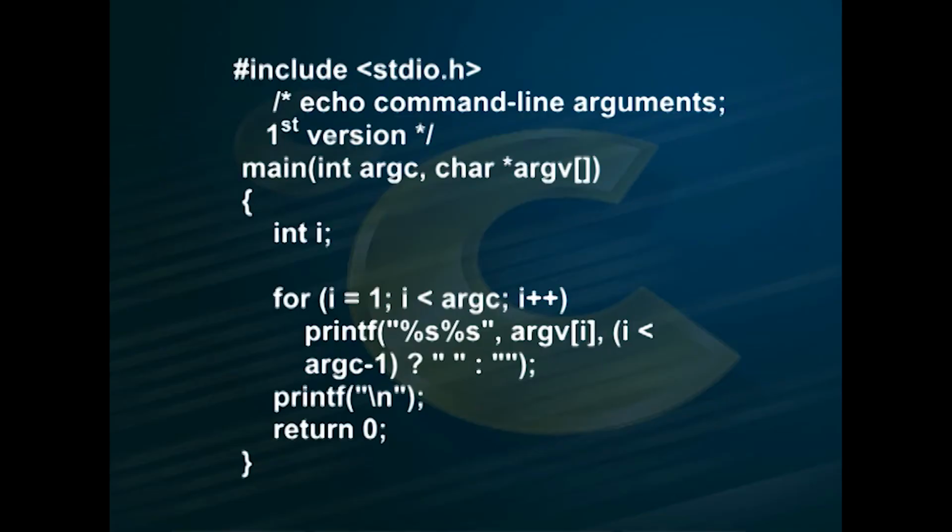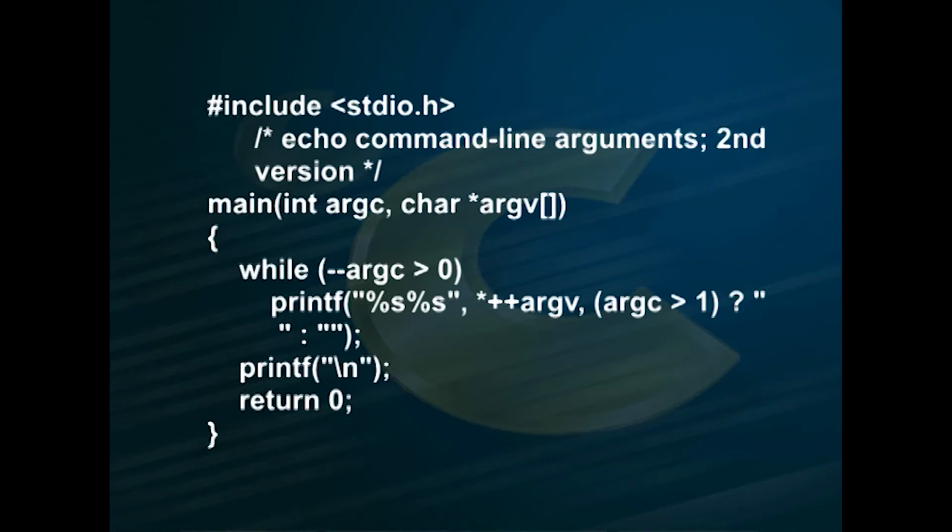See this implementation of the echo program that treats argv as an array of character pointers. #include <stdio.h>, main(int argc, char *argv[]) { int i; for (i = 1; i < argc; i++) printf("%s%s", argv[i], (i < argc-1) ? " " : ""); printf("\n"); return 0; }